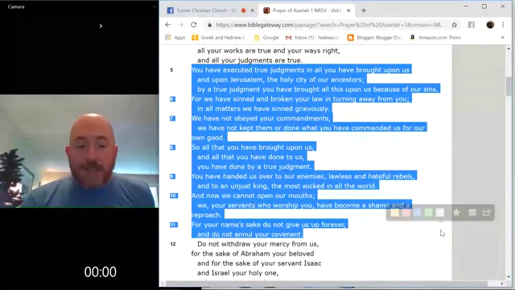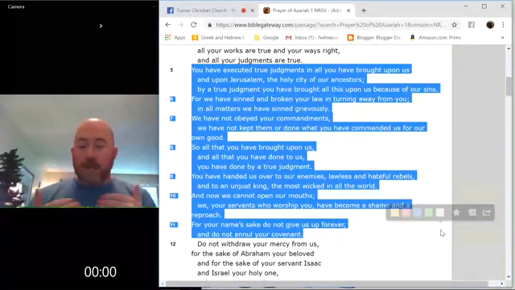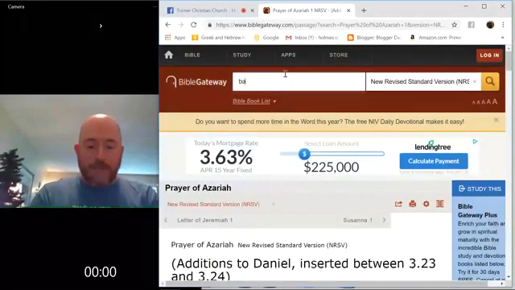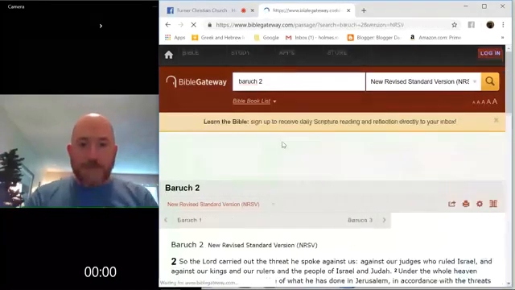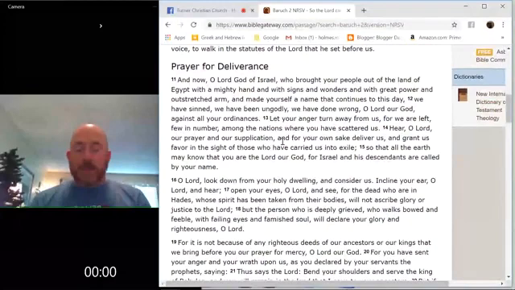Now, these are additions to the book of Daniel, but they were written much later. And so much later, as people are looking at Daniel, they're still resonating with these prayers on behalf of the people. One last one we're going to look at is Baruch, chapter 2. And here, again, it's not actually Baruch, but someone later writing in his name. And he says